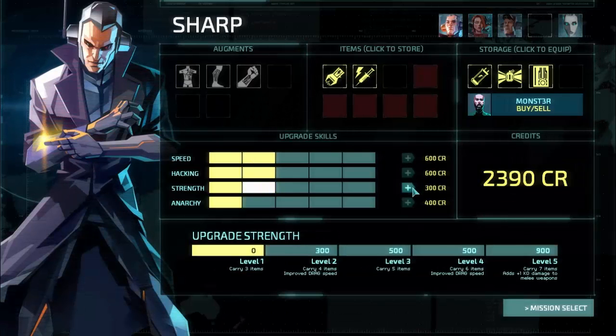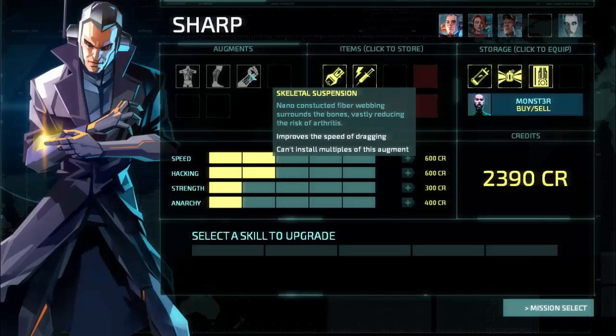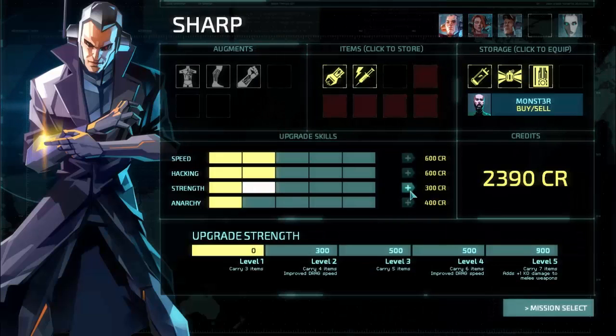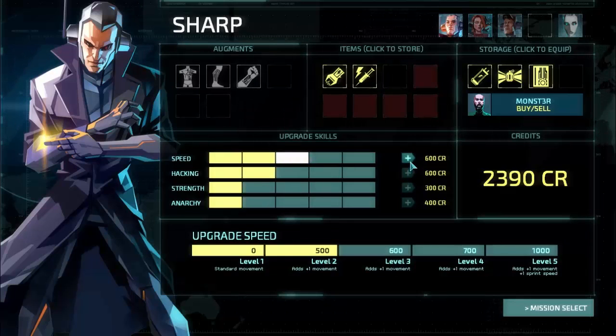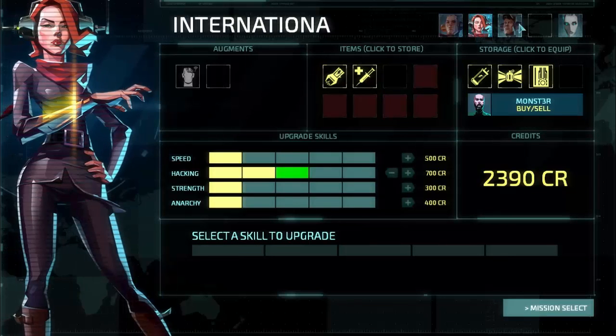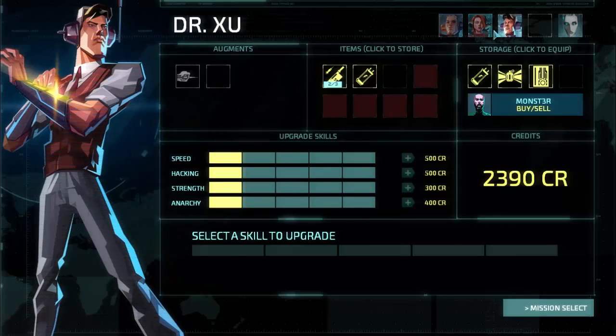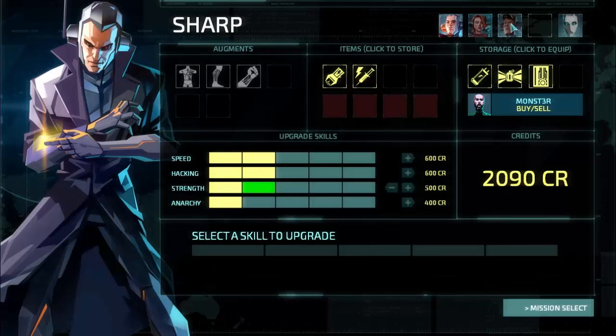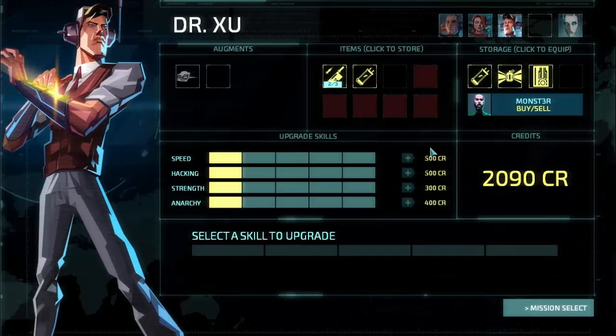I'm tempted to give Sharp another point of strength, because that way it increases his dragging speed, which is already buffed by his skeletal suspension, and lets him carry another item, which might be worth doing. Honestly, though, I'm unconvinced of what I want to do with all this money. The big thing we want to do is get weapons and things, but we've had really bad luck actually finding any useful ones. I'm going to give him 1 point of strength here, and Zoo, I'm going to give him